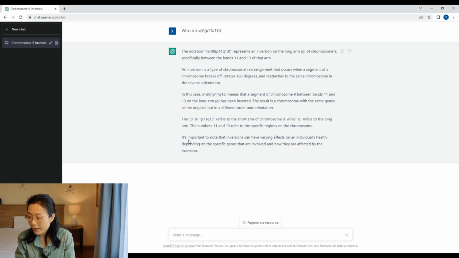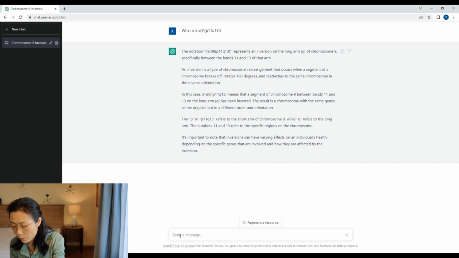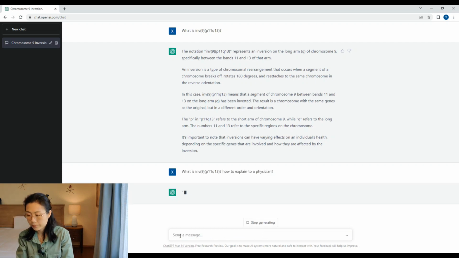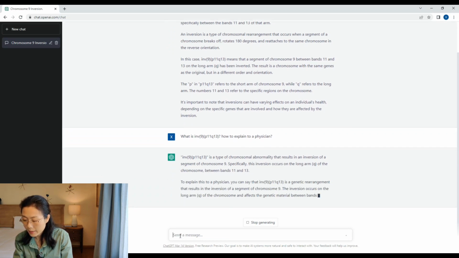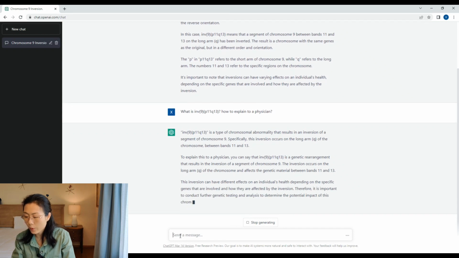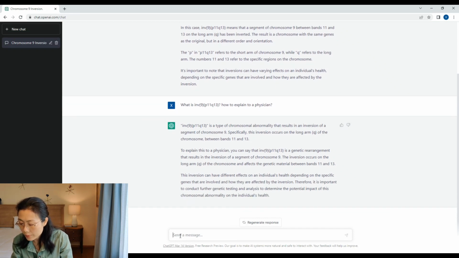Now, what if I need to explain it to a physician who got a genetic report from a lab and would like to understand more? Again, it gives the definition of what it means that the long arm and the short arm is flipped. And I think the last paragraph is quite appropriate to say to a physician,